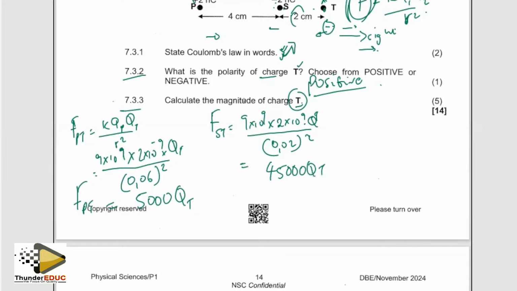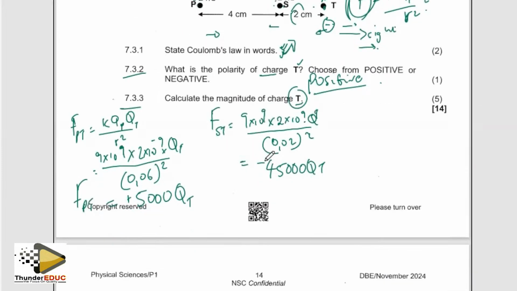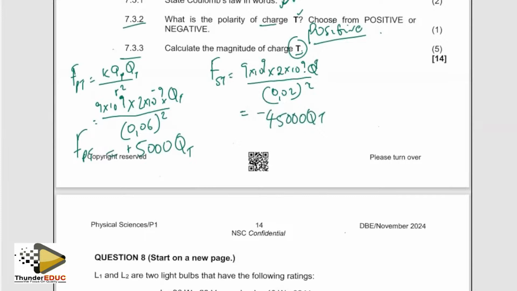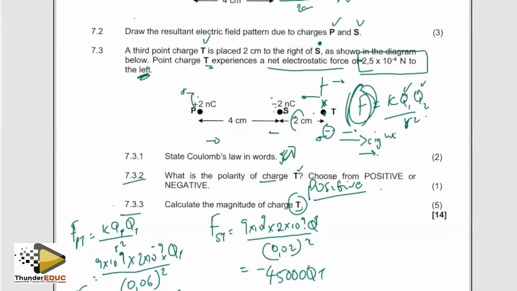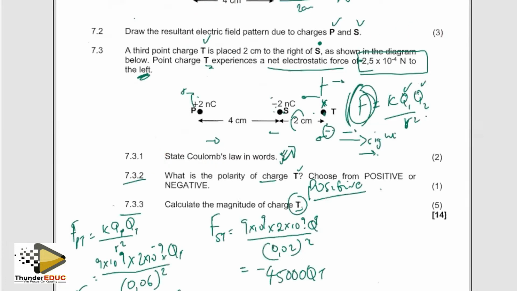This is Q_T. Okay, so initially we said this is a plus, this is a negative. So this is going to be positive, this is going to be negative. Then if we include the net into our calculations, which is the 2.5, so I have the 5,000 Q_T, and then I also have the 45,000 Q_T. Combining these two, we must get the 2.5, okay? So F net is 2.5 times 10 to the negative 4